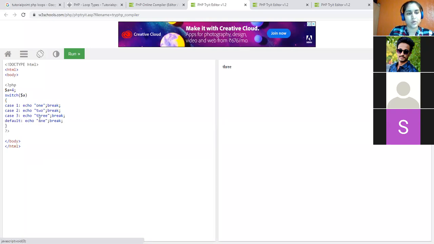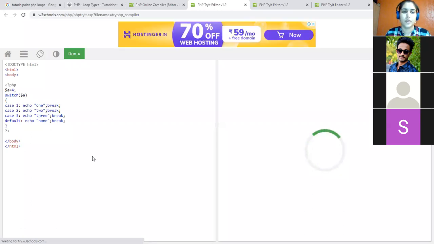and echo none, suppose. Okay. No value is present in this loop. So let us see the output. It will give me none. So this is overall regarding the loops. Okay. Break also you have learned. The break statement will simply halt the execution, and continue also, you know, it will just continue with the starting of the loop. It will go to the first line of the loop.